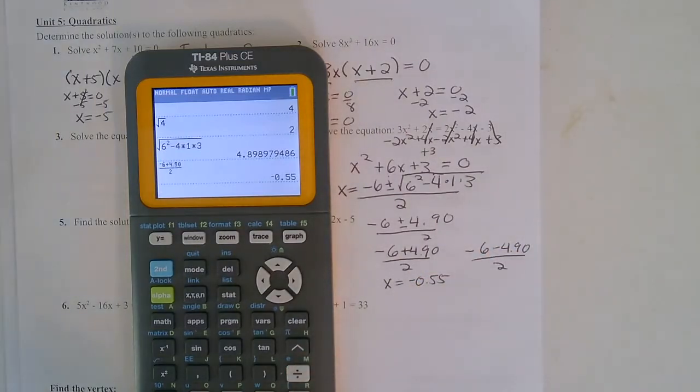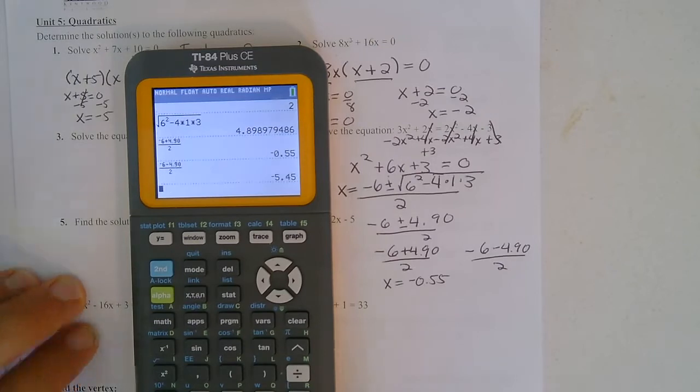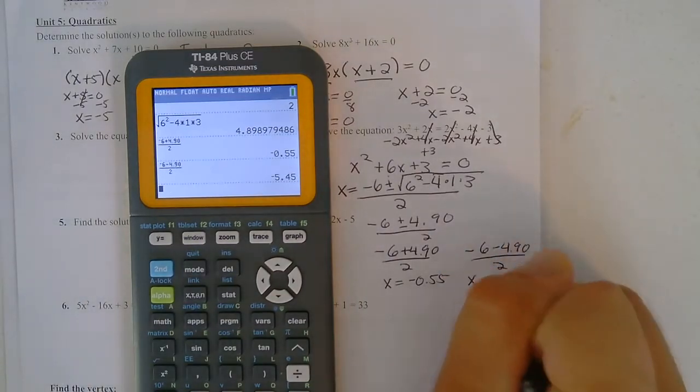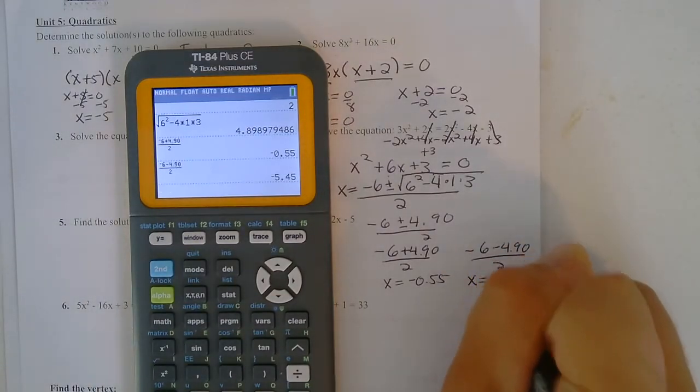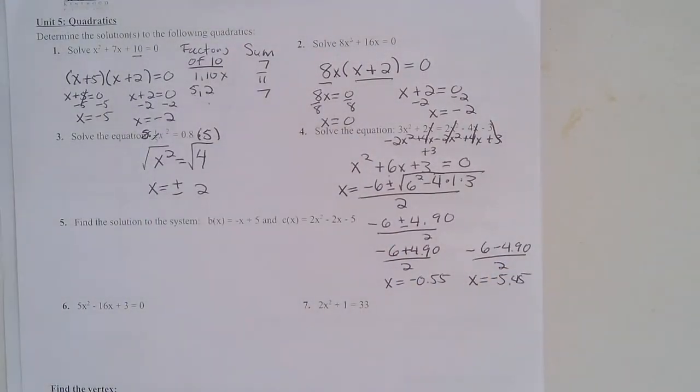And then down here, for my other one, I can go negative 6 minus 4.90, and then divided by 2. And you would get x equals negative 5.45. So here,